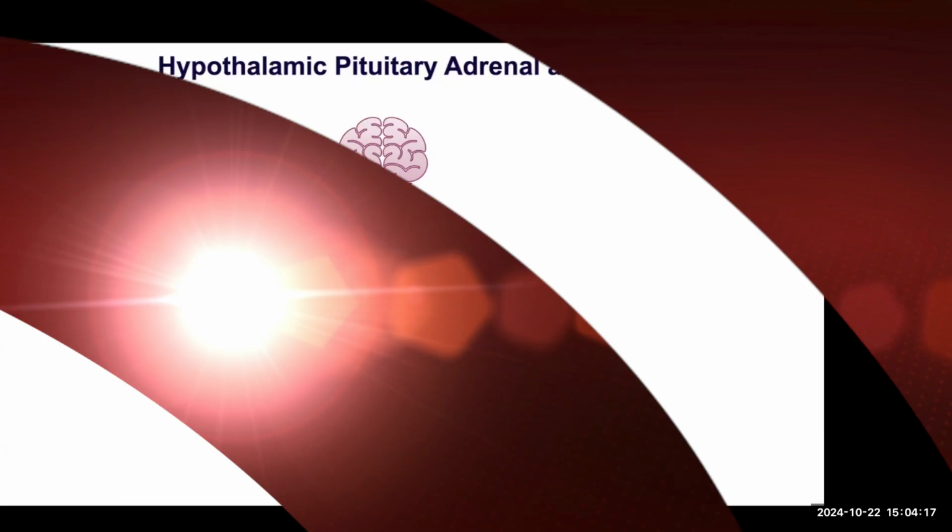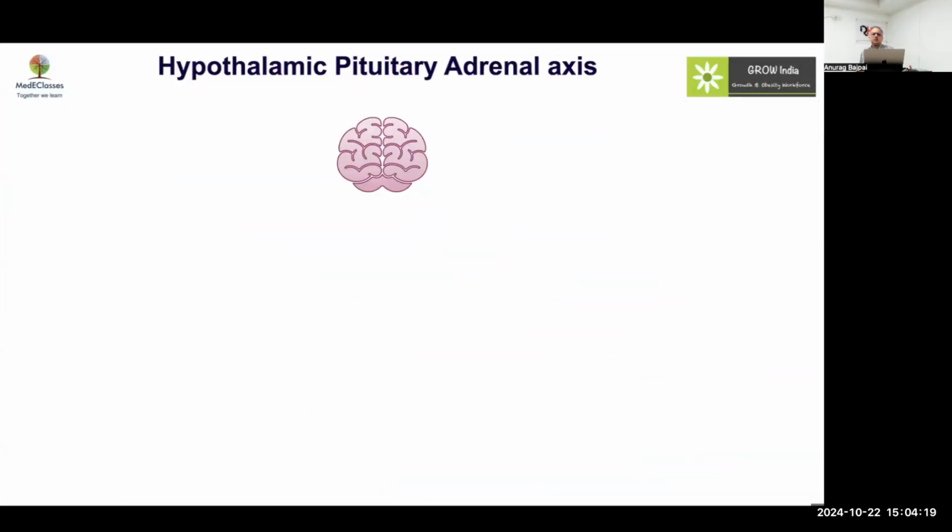Touch base about the HPA axis first. We all know that it all starts from the hypothalamus, wherein we have got the CRH, which basically is going to control the pituitary using its CRF or CRH receptor. This is a small peptide. All the hypothalamic peptides are small as compared to the other hormones, which then regulates the production of ACTH, which